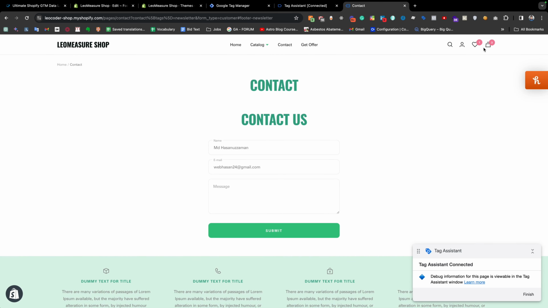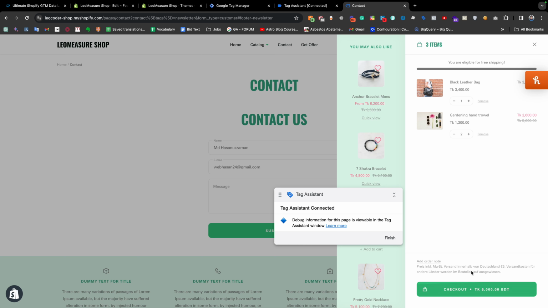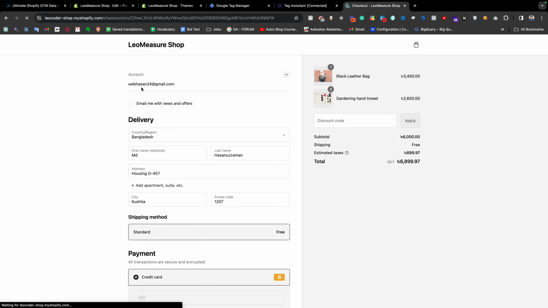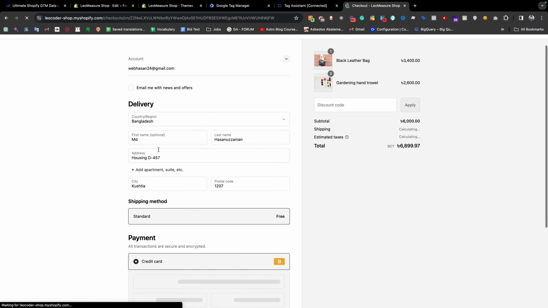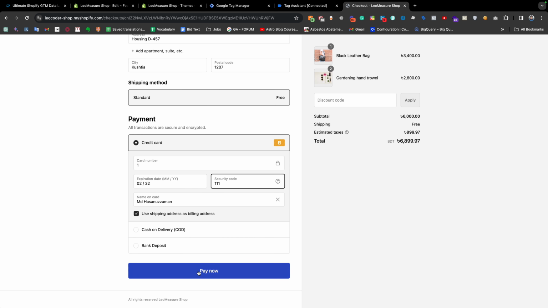So it is time to go to our checkout. So I am just coming here and I am going to check out. And in many cases you see that there is another option, for example Shopify Payments. In that case also this data layer perfectly tracks the begin checkout event. So I am just clicking this checkout button and right now I am on a checkout page. I'd like to make a test purchase here, and this is the bogus gateway. The card number is 1, the expiry date is anything valid, and the security code is 111. And now if I pay this,